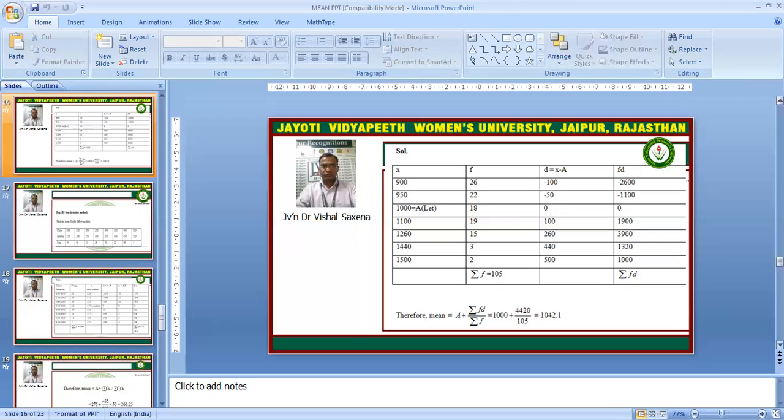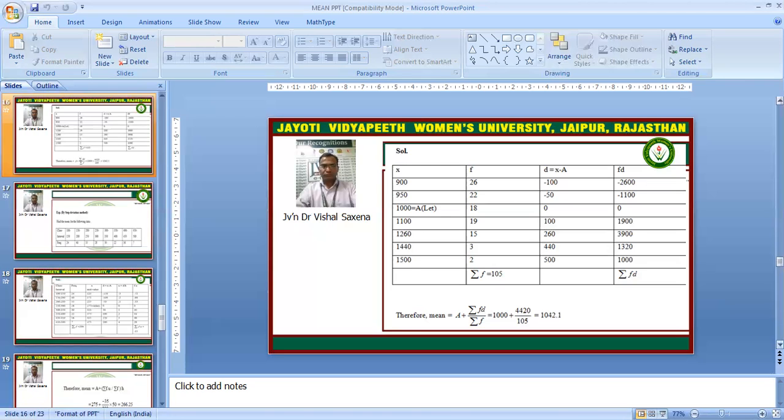minus 2600 and minus 1100, 0, 1900, then 3900, 1320, and 1000. So we have to find the summation f, which is equal to 105, and the value of summation fd, which is equal to